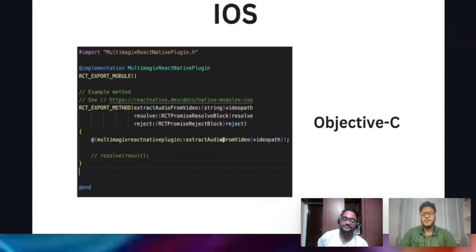So in iOS, we also have extract audio from video, but as a disclaimer, as you guys know, we have been discussing previously that we haven't yet got the Apple developer certification. That's why we haven't started the development for iOS. But this is just a kind of a